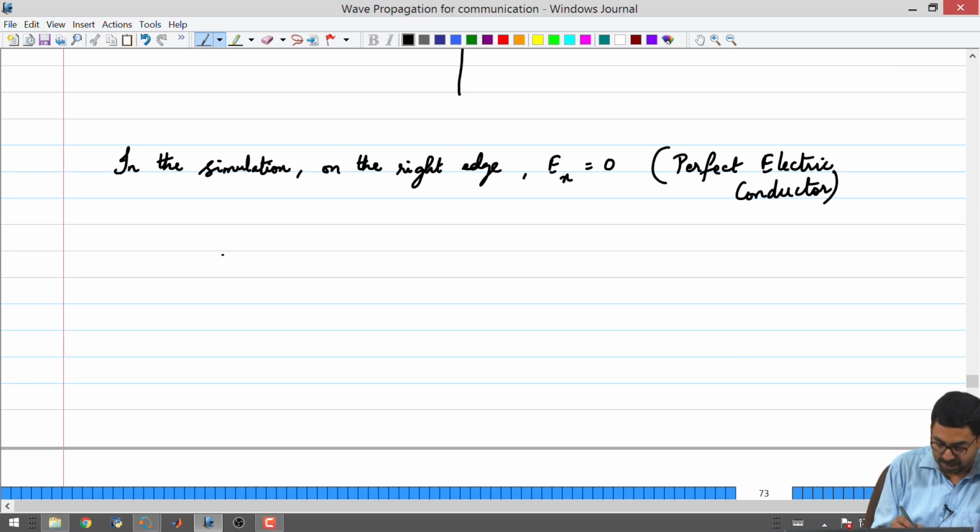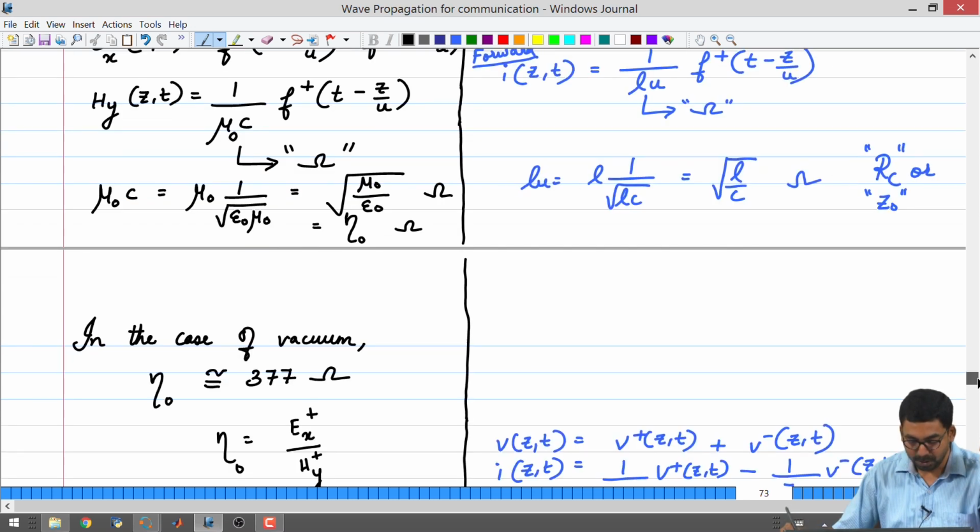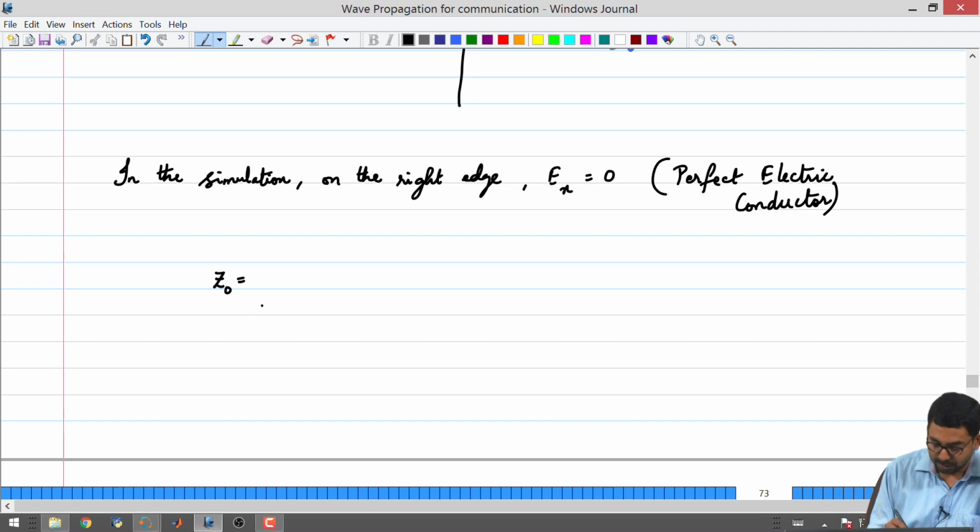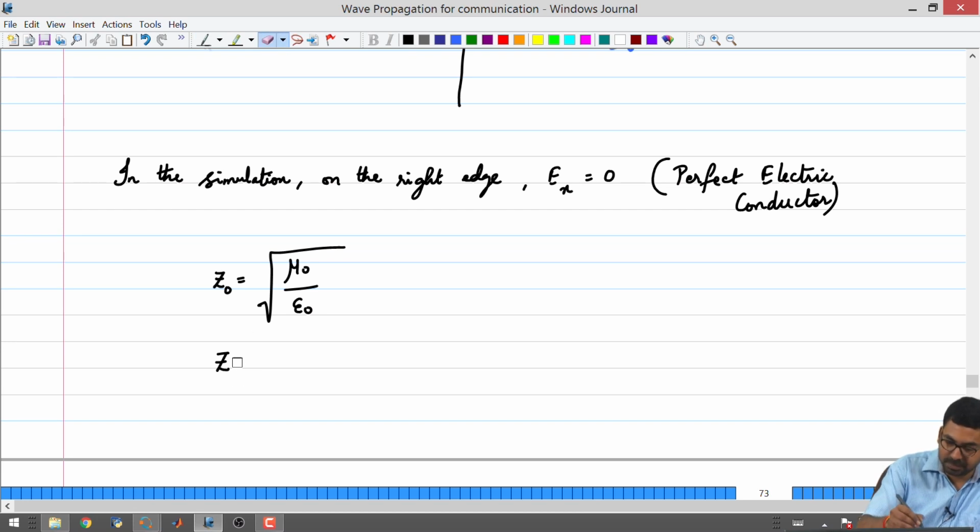Let us look at the characteristic impedance for the electromagnetic wave. I have square root of mu naught divided by epsilon naught for vacuum. For some medium, I will just replace this Z with Zm to indicate that I have a medium. A more common representation is Zr, you can use that.